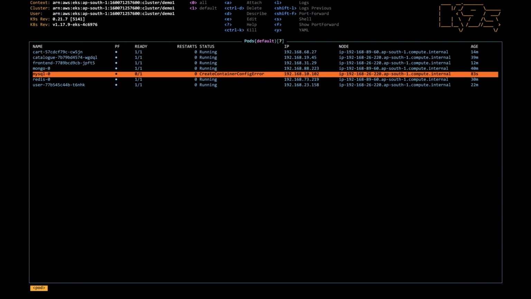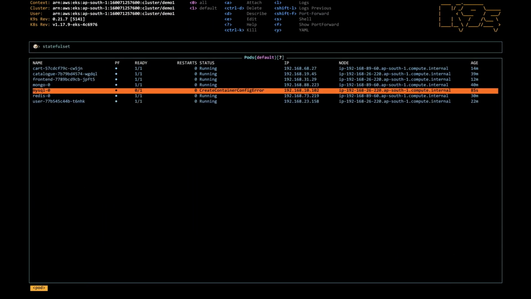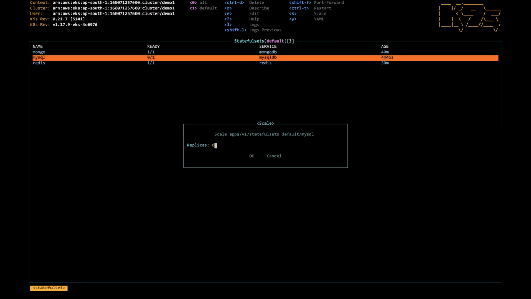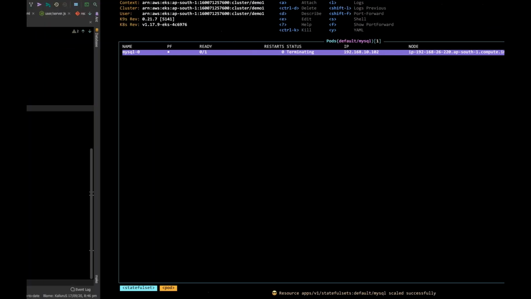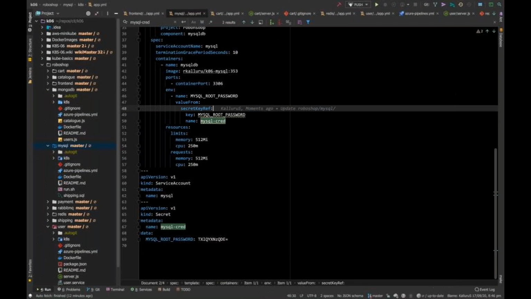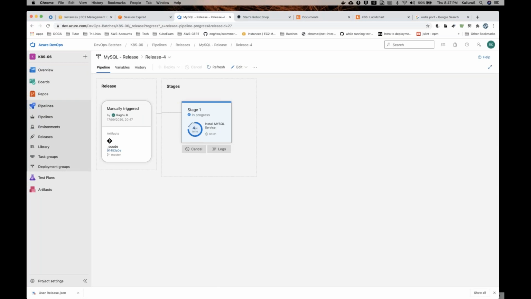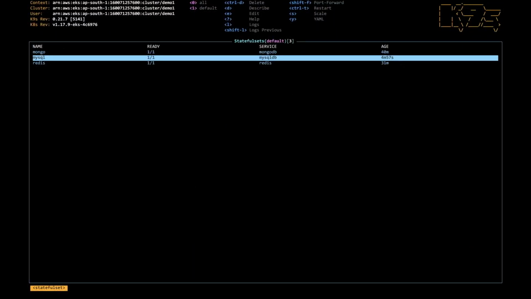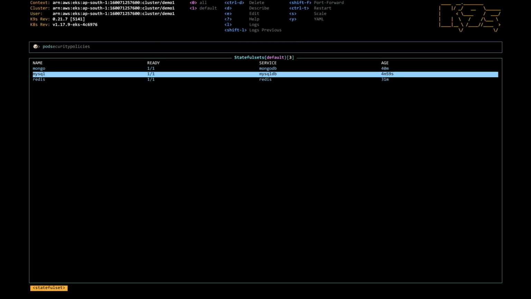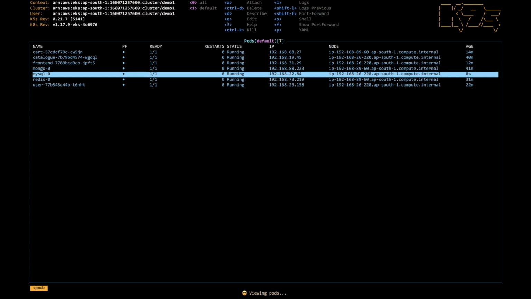So in the meantime, I'll go to stateful set and I will just scale this to 0. It's fine. It can do that. Go to the pods. MySQL came up. If you want to go inside and check it out, also, I just pressed yes. You will go inside that MySQL -u root -p